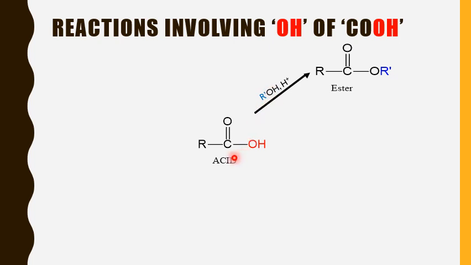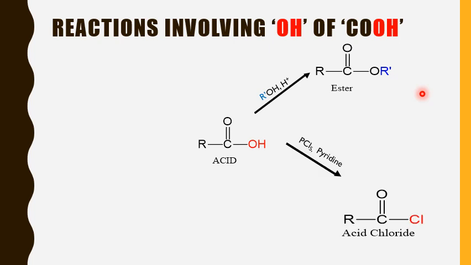So, a carboxylic acid upon reaction with an alcohol in the presence of an acid catalyst will produce an ester. That's why this reaction is famously known as esterification. Here the OH of COOH will be removed and the H of the alcohol will be removed, where water will be formed, and hence both will give an ester with the functional group RCOOR.